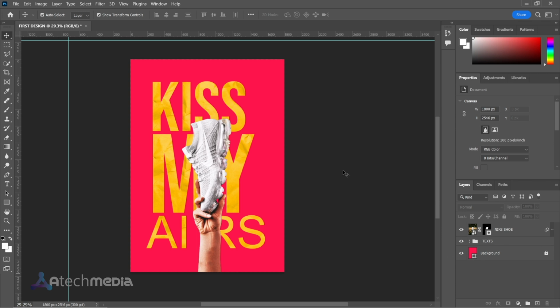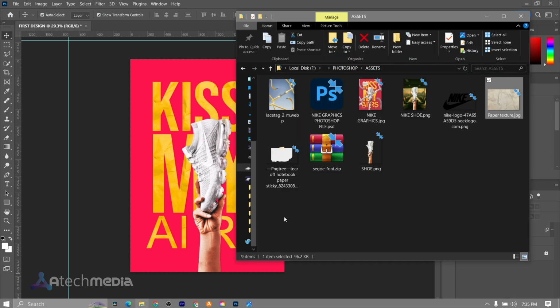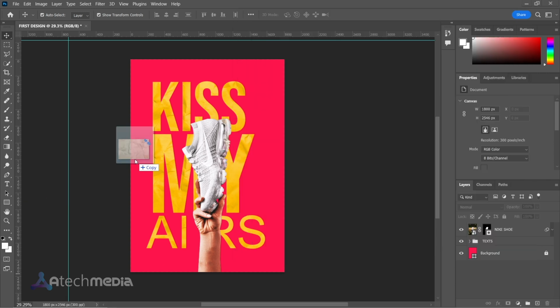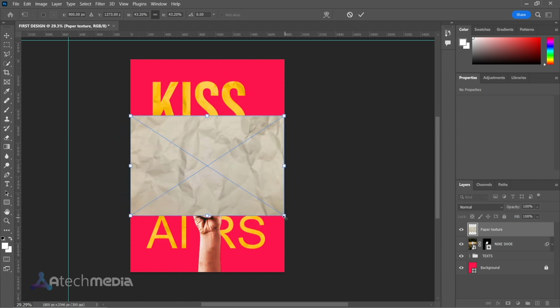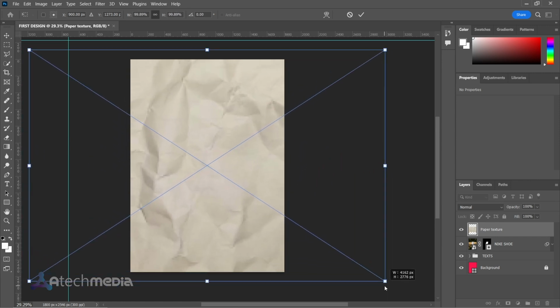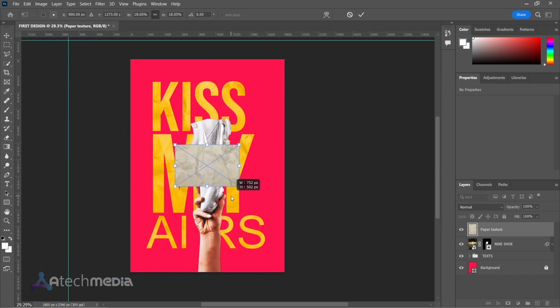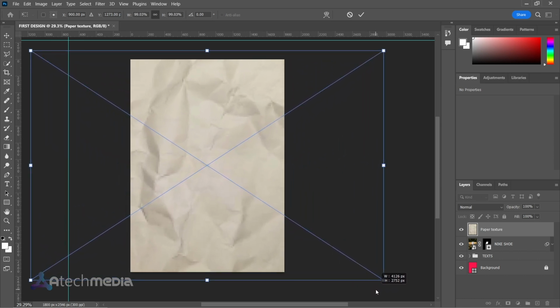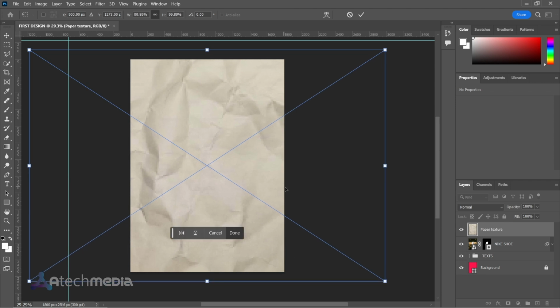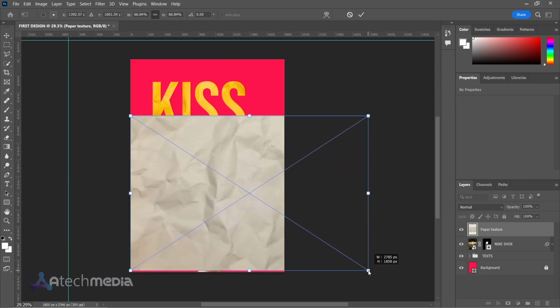So what I want us to do is apply that paper texture on our background. Okay, so I can do it like this, or I can choose to do it like this. I can increase it. So I'm using shift, so shift increases it from the center. Okay, so if I don't want to increase it from the center, if I just increase it from here,